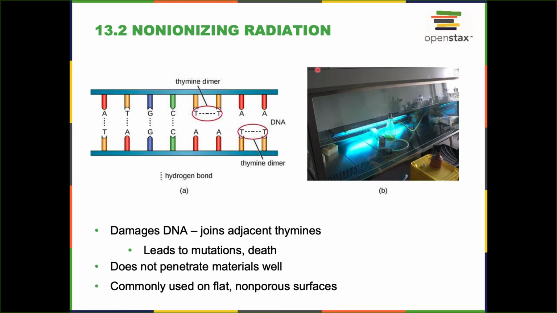Non-ionizing radiation, also cidal, right? Little bit less penetrating. So really how it works, non-ionizing radiation works by destroying DNA, and it does so by taking these thymines that are next to each other, what we call adjacent thymines, and it forms these thymine dimers, right? So it forms this covalent bond between these two thymines. Now we do have repair mechanisms to be able to fix this. So we have these enzymes that'll come, and then basically it removes this chunk of DNA that has these thymine dimers and replaces it with proper non-thymine